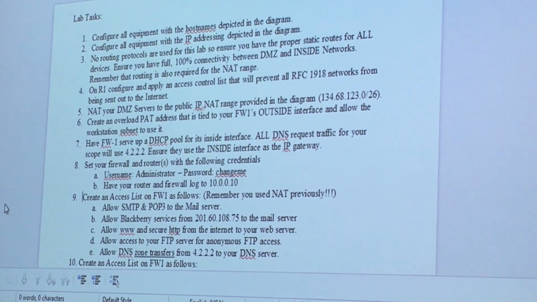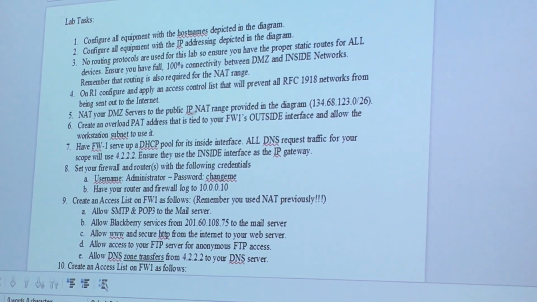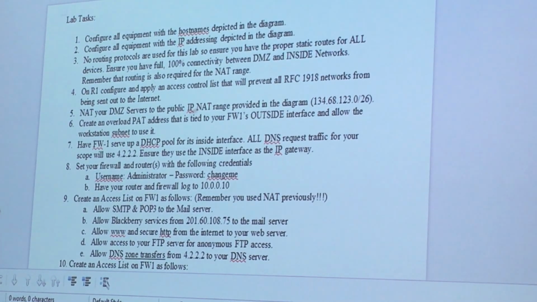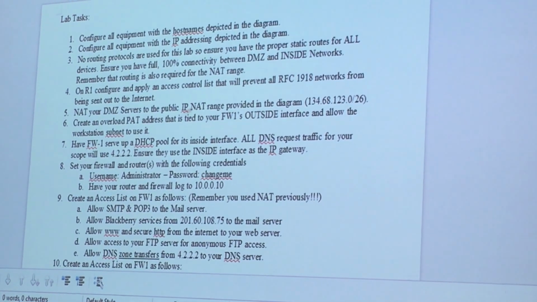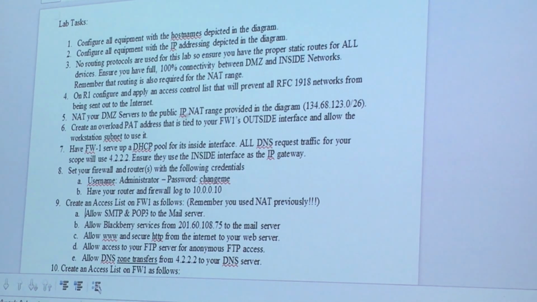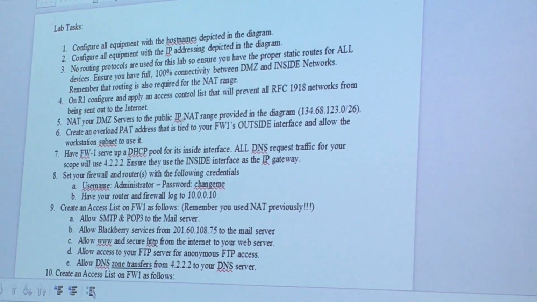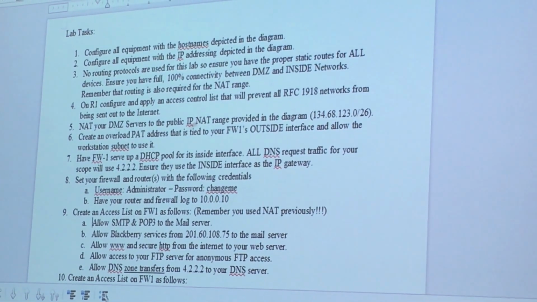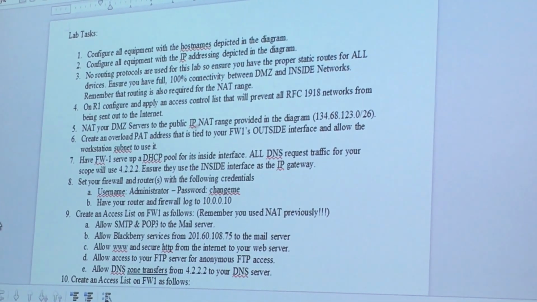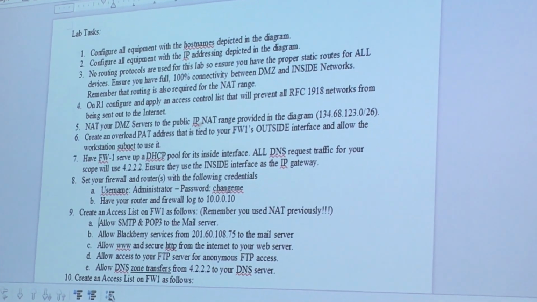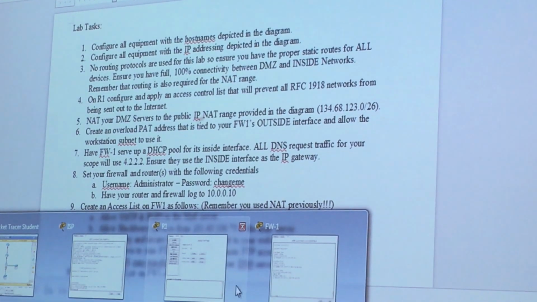Alright, so I want you to digest that for lab 3. That's just the first couple of questions. We'll get to NAT, we'll get to working with the DMZ, and everything else a little bit later. We're going to have to work with what we call objects. It's important to note that this particular firewall,